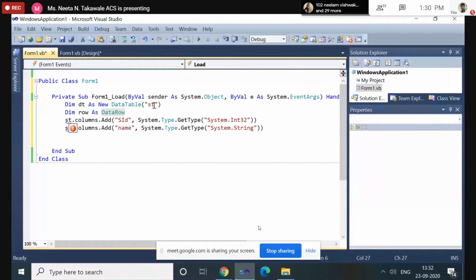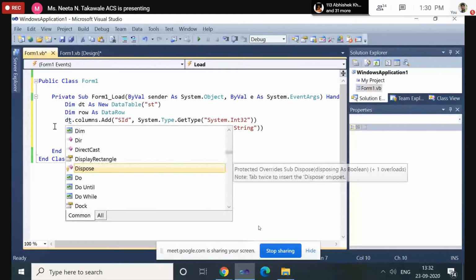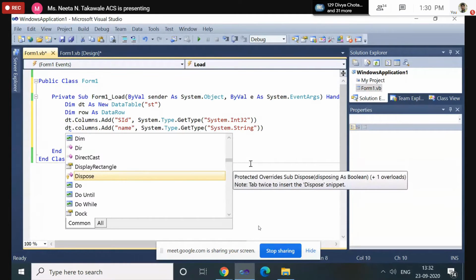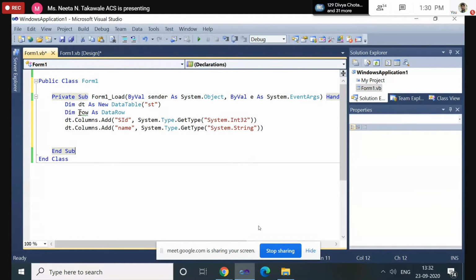Sorry, here I have made one mistake. The table name and this name. Use this object name, do not use the table name.